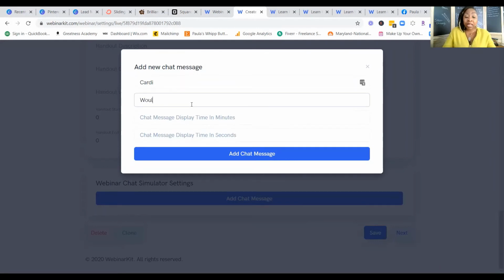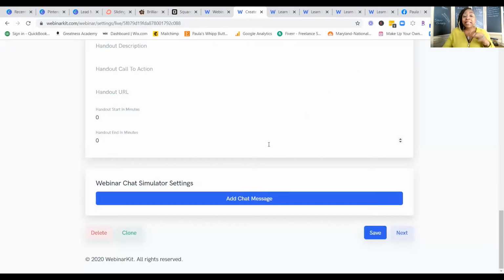would you like to automate in your sleep? Boom. And you can decide the time, the minutes and seconds, that you add that chat in there. So this takes your game to a whole different